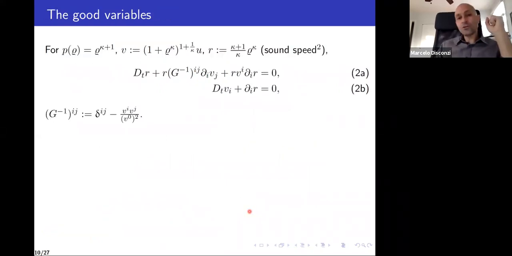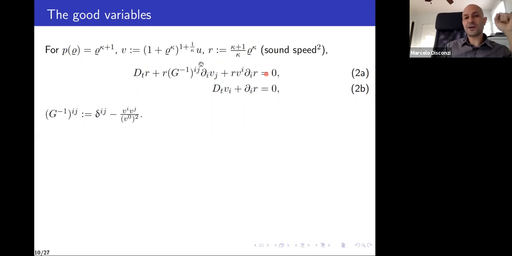Now, everything that I just told you is for an arbitrary equation of state. So for the equation of state that we want, which is this power law, the velocity takes this form. And then it's convenient to work not with the density, but with this certain power of the density, with this multiple here. And for this equation of state, if you look at this quantity, except for dividing by kappa, this is precisely the sound speed squared, but it's convenient to divide by kappa. So I'm going to take as my variables now v and the sound speed squared up to a factor, but I'm going to continue to call it the sound speed squared.